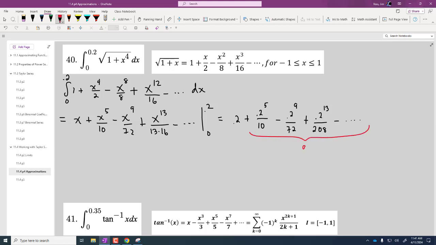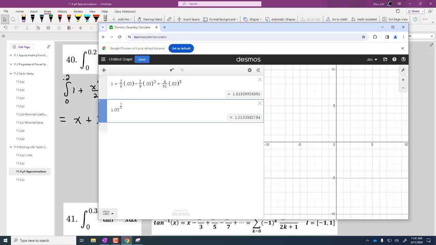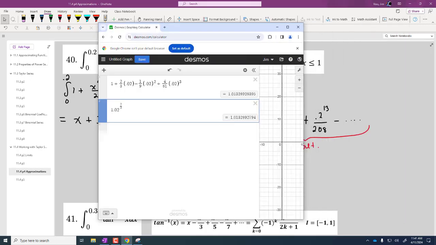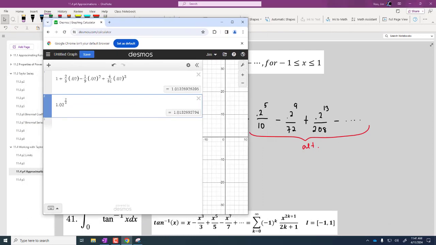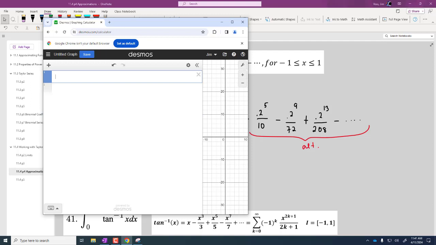Alternating. This is alternating. So we just want to know the first term that's less than 10 to the negative 5. And then we'll just add up everything that's in front of it. So we come over to our calculator. We want to know the first term that's less than 10 to the negative 5. And once we know which term is less than 10 to the negative 5,